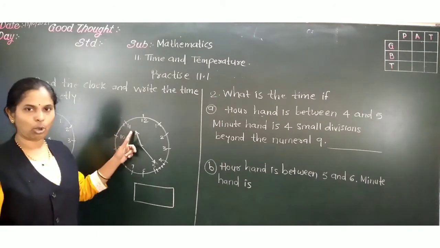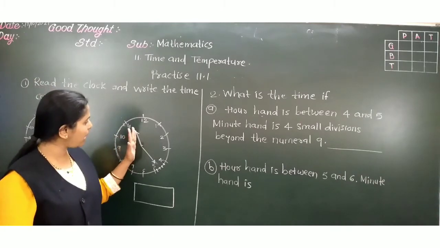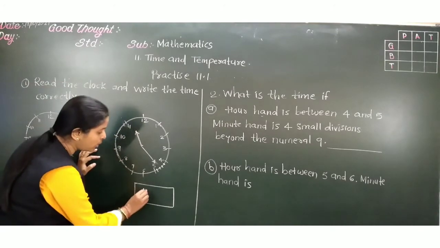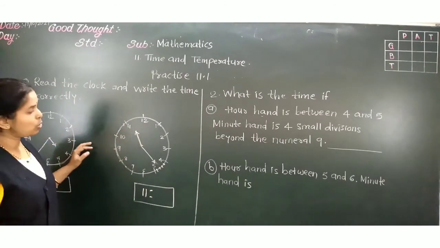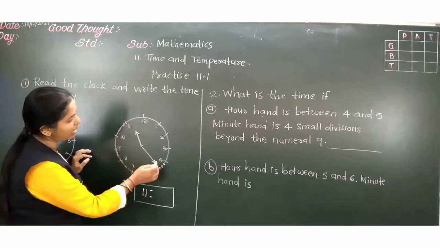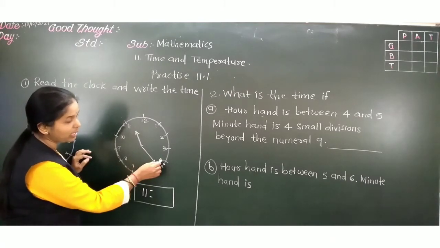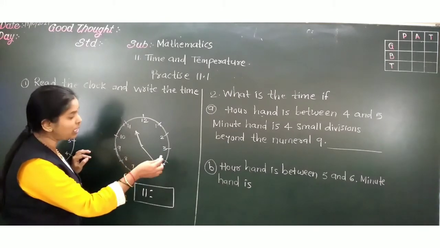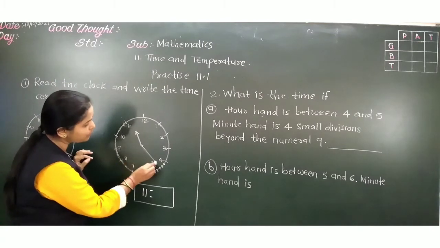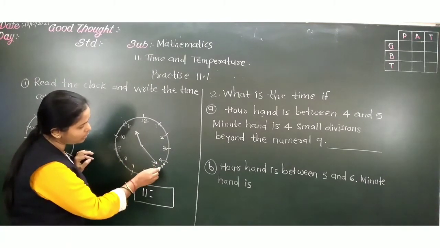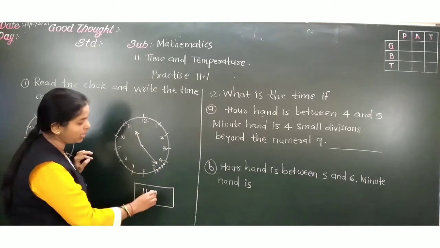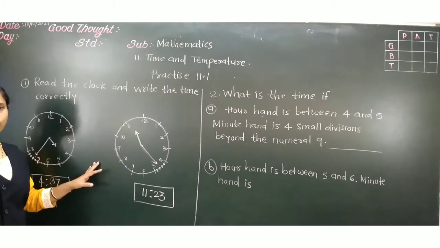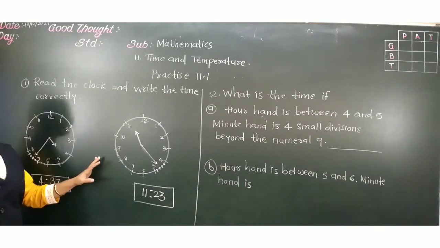Now look at the second clock. It is after 11. Okay, little it has crossed 11, that is 11 o'clock over. And how many minutes has passed? So, see here, this minute hand, it has not crossed 5, but it has crossed 4, that is 4 5s are 20 minutes over. And plus how many divisions ahead it is? 1, 2 and 3, that is 20 plus 3, 23. So, the time shown is 11 hours and 23 minutes. Okay. In this way we have to read the time.